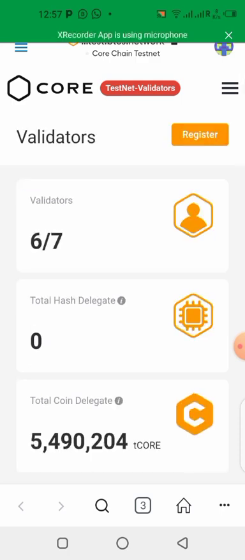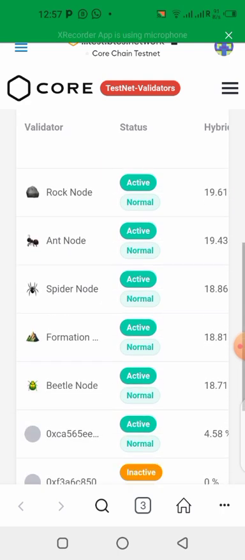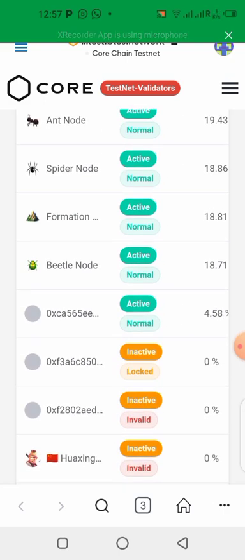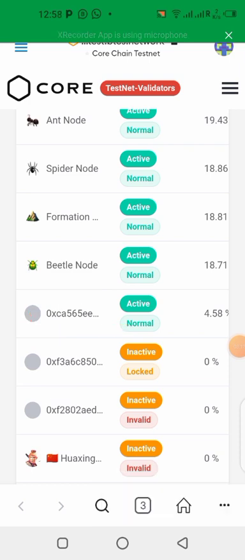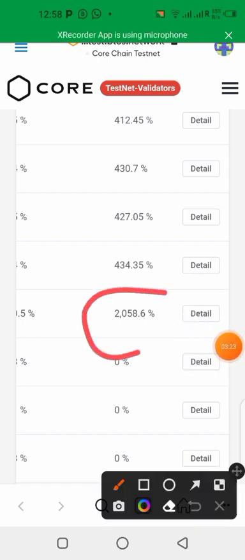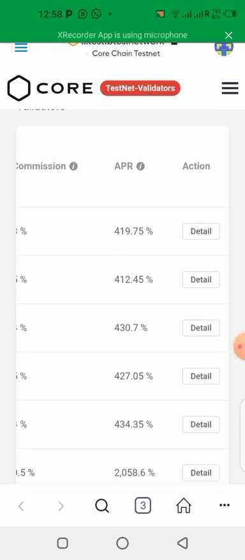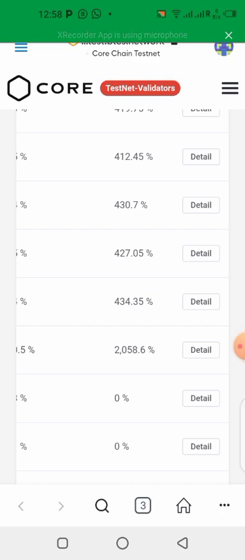Once you come over here to the home page of the validator, you can look here. This is where you select the validators that are available. What I did was I came over to this place and I saw this validator, which is over here, and this validator has a very high APR, which is over here. I was checking out every other one, and I saw that they are all like 419, 412, 430, the same percentage,